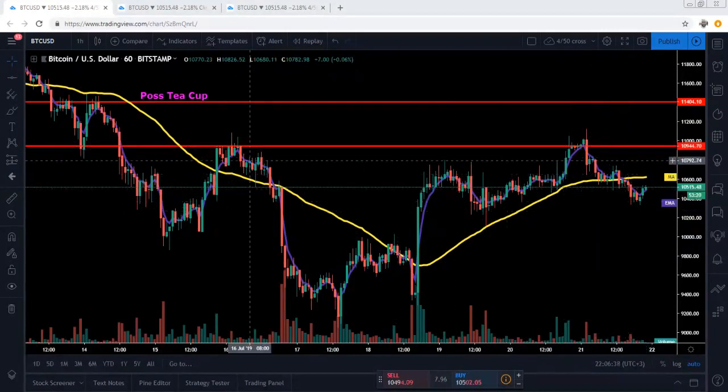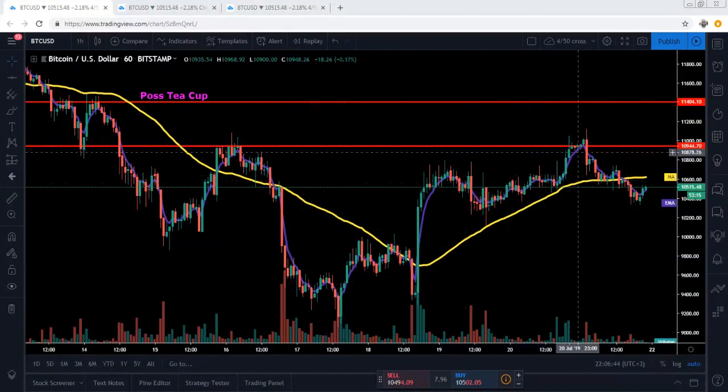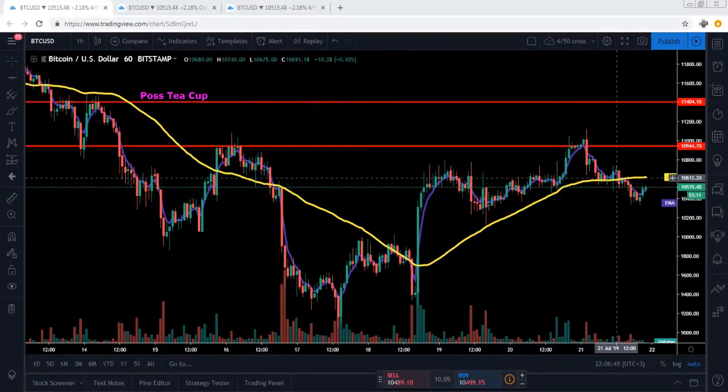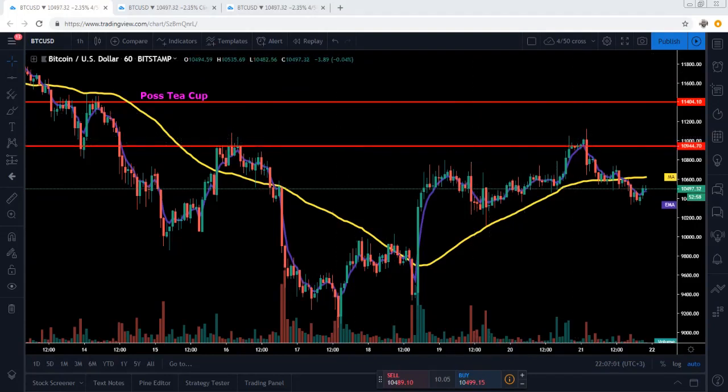So we don't trade this in a teacup fashion. We don't trade this, right? You wait till it hits the line and then you trade the handle part. You understand what I'm saying? Once it breaks through, once it hits here, you put a sell stop. So this would be an actual sell stop happening right here at this number